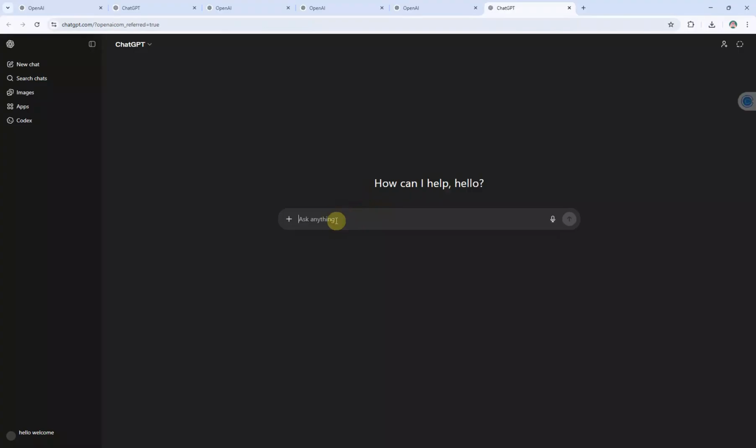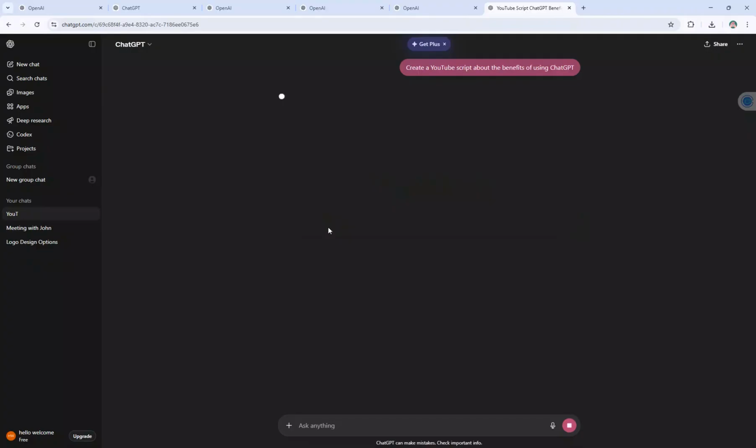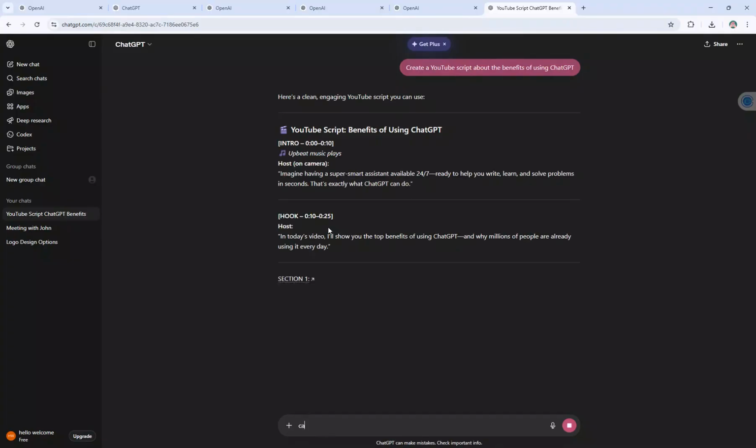Now, let's say you want to generate a script for your YouTube video. You can begin by typing a prompt like "create a YouTube script about the benefits of using ChatGPT." ChatGPT will then generate a script based on your input. If you want to adjust the tone or style, you can add specific instructions like "make it casual" or "add